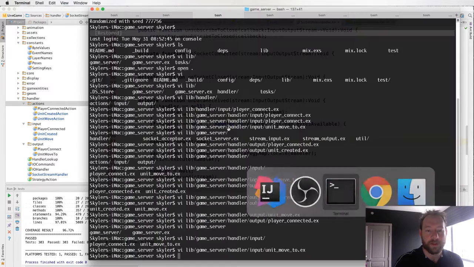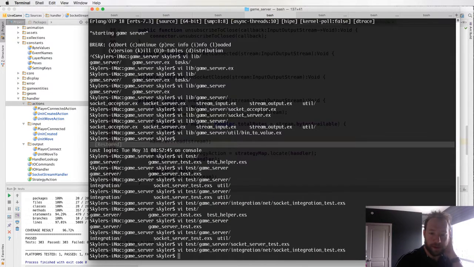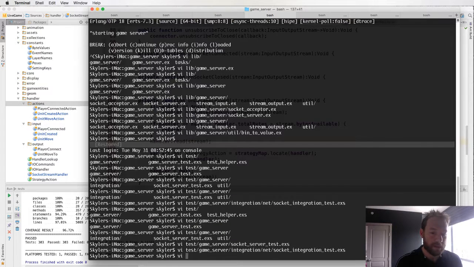So we'll play around a little bit and then write some tests just to make sure that we're understanding how things are coming together. So what I'm going to do is create a, what do we call this? We call this socket stream handler. I think we have something